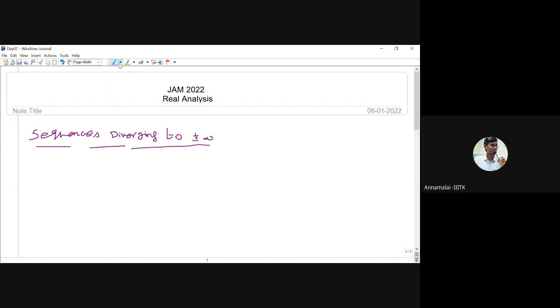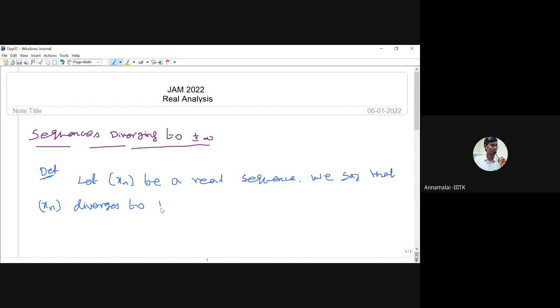Okay, so what is the definition? Suppose xn is a sequence. Let xn be a real sequence. We say that xn diverges to plus infinity, or simply say diverges to infinity,